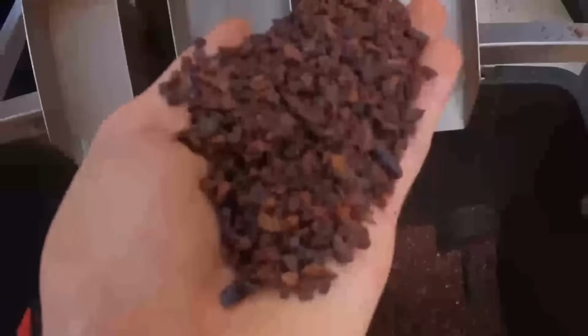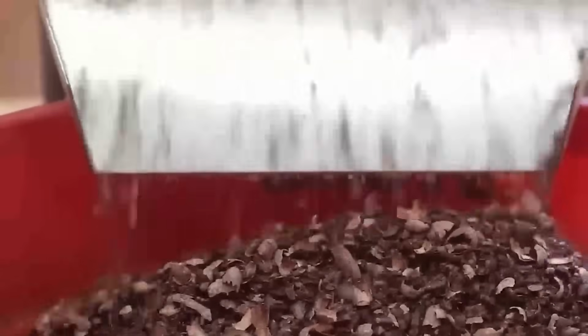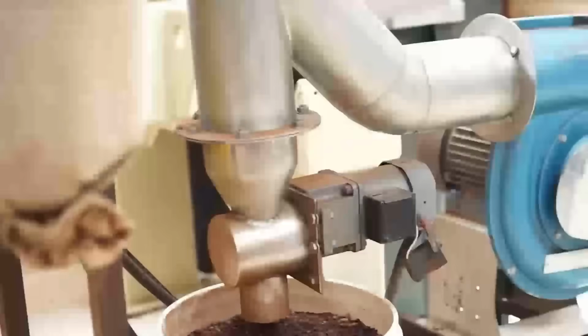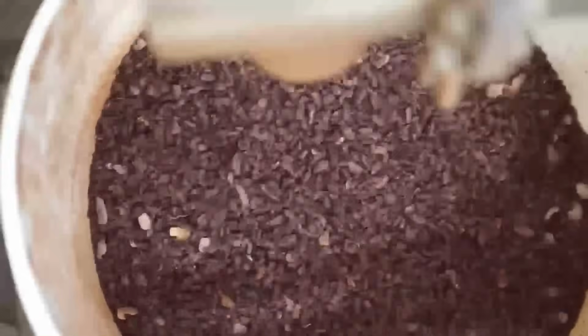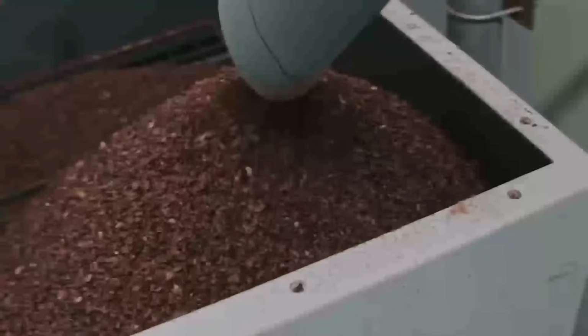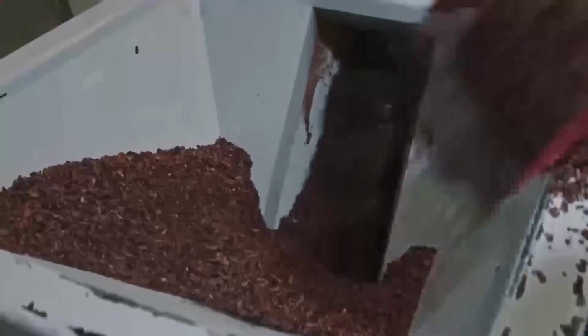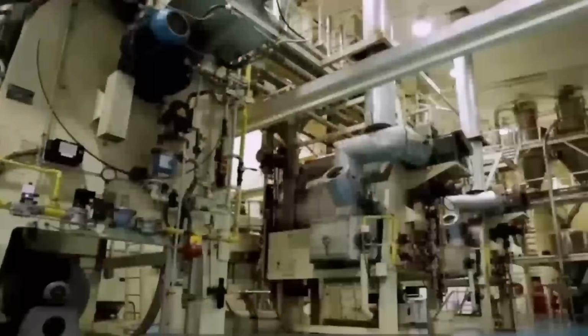next phase: grinding. The nibs are fed into high-capacity industrial grinding mills, where intense mechanical shear forces break down the cellular structure and release the natural cocoa butter, forming a dense, fluid paste known as chocolate liquor. Despite its name, chocolate liquor contains no alcohol. This liquor is a pure, unsweetened, dark brown substance composed entirely of finely ground cocoa particles suspended in cocoa butter. From here, the liquor may go into temporary holding tanks or be immediately sent to blending tanks, depending on product